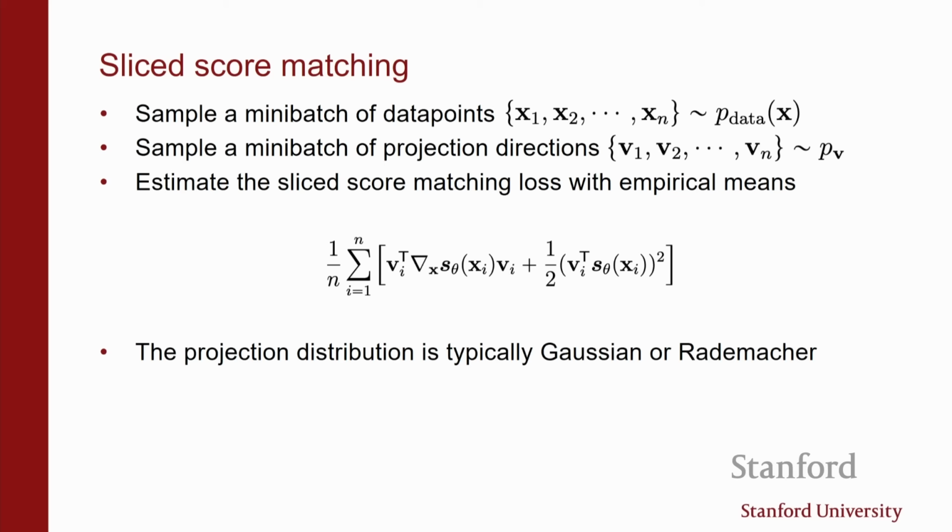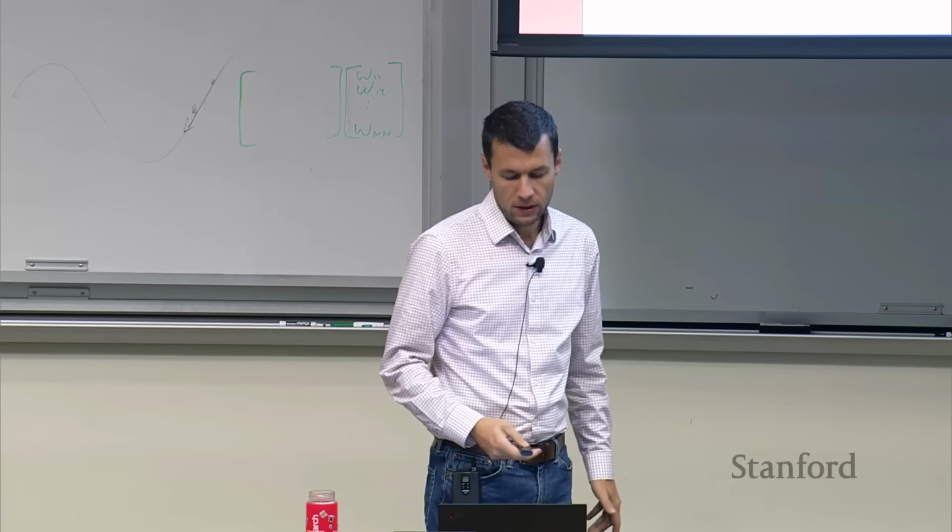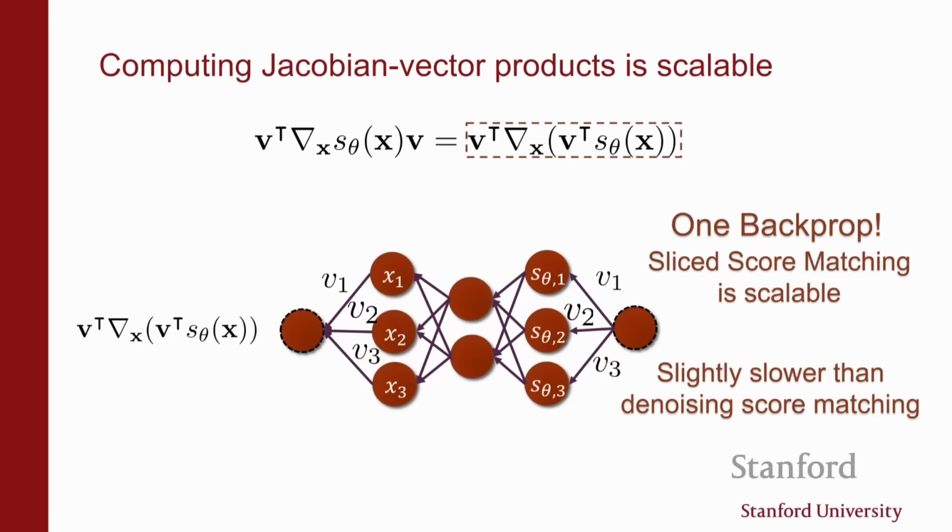So okay, with this one you can run one backprop. Why in the other case did we have to run multiple backprops? Because you have to compute the partial derivatives of every output with respect to every input. Okay. So you needed d backprops. Okay. And here you can do a single one because it's basically a directional derivative.